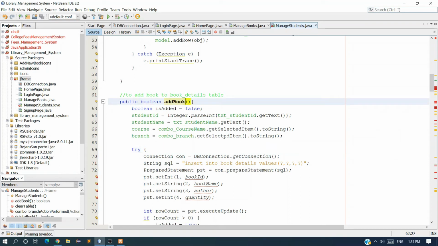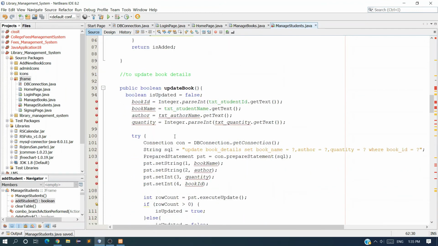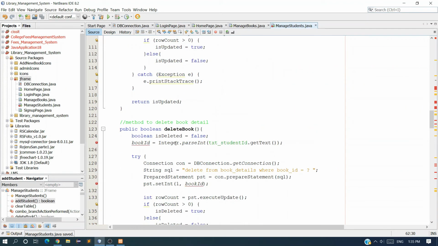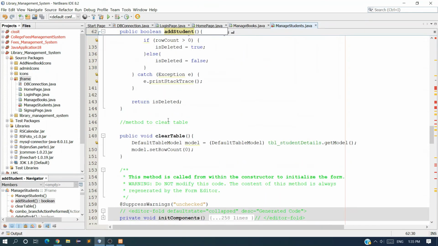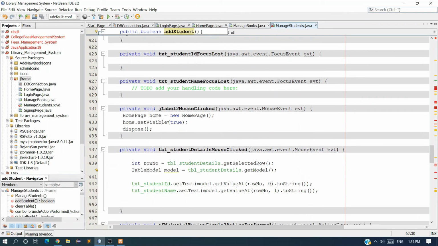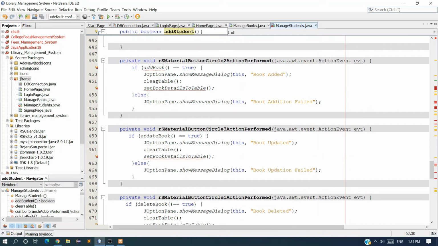I want to name it as add student, and we also have to change the name where we are calling this method. So come down, don't worry, we will solve all these errors. These are just because of the variable name change. Here you can see add book.